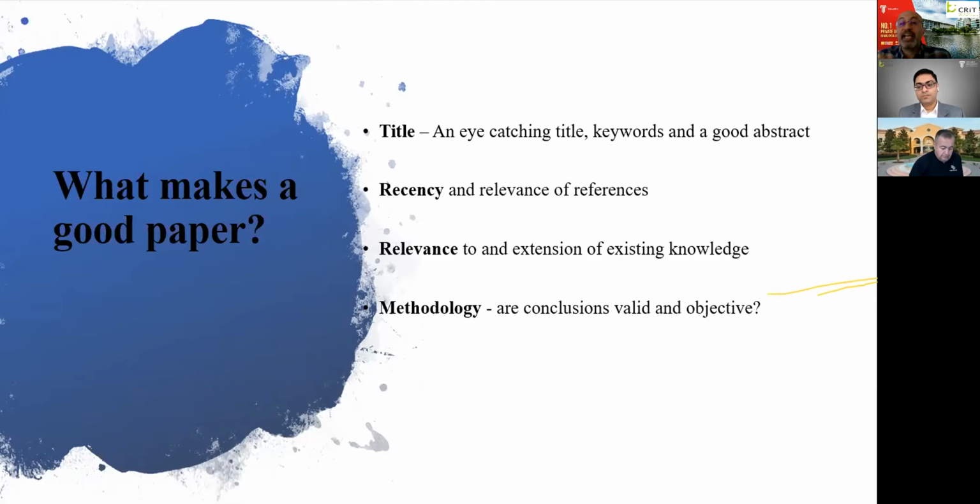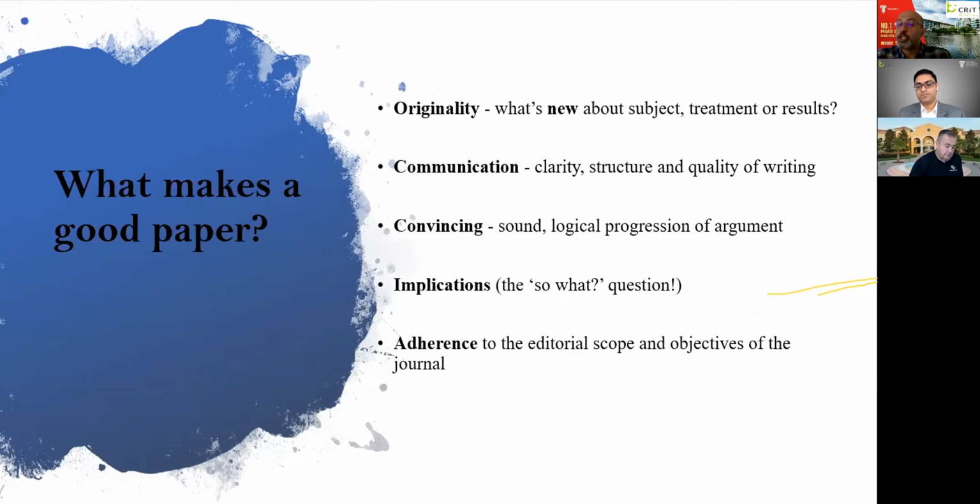We can have some key papers, because when we explain a theory, we need to refer to the original paper that developed or established this theory, right? But at the same time, we need to have recent publications, recent papers in our work. Relevance to current knowledge, methodology should be robust, originality of your work should be emphasized in the introduction and also in the conclusion. You need to communicate very clearly, so the structure of the paper should be clear, the flow of the paper should be